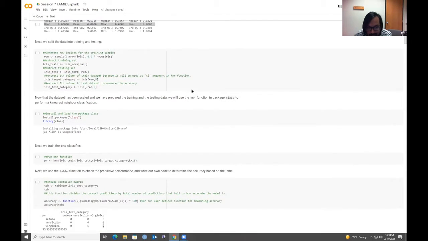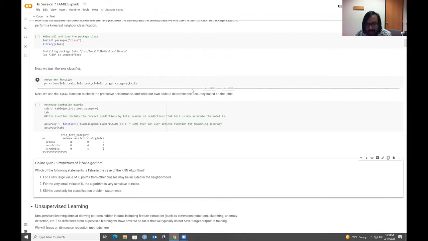All right, next. KNN is used only for classification problem statements. Well, because that's the only remaining option, we know that it's false. But why is it so? Well, it so happens that you can even do regression